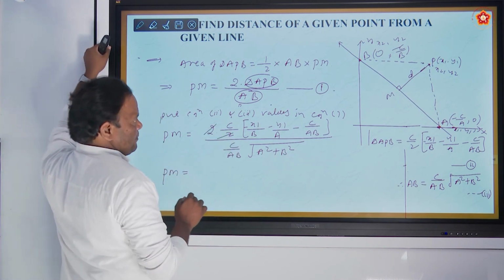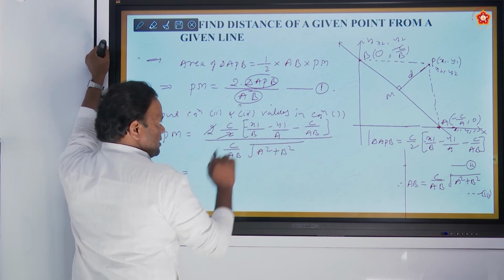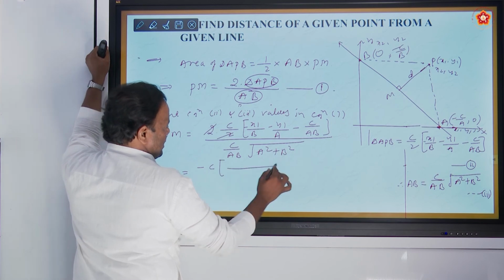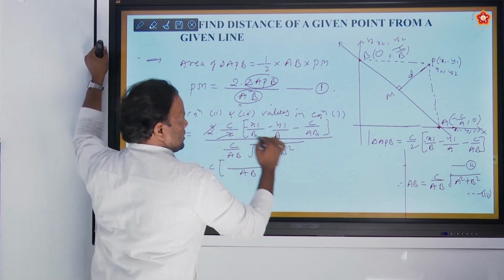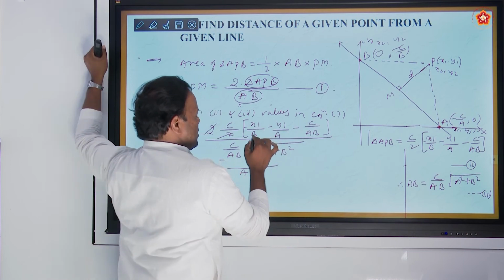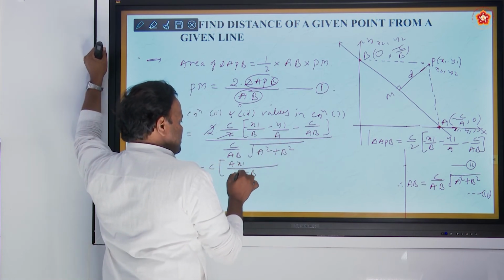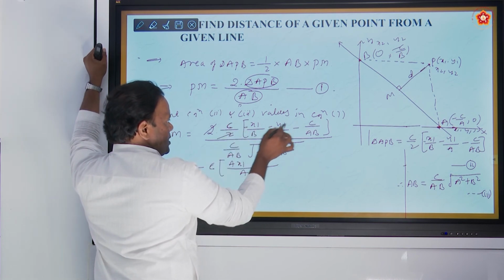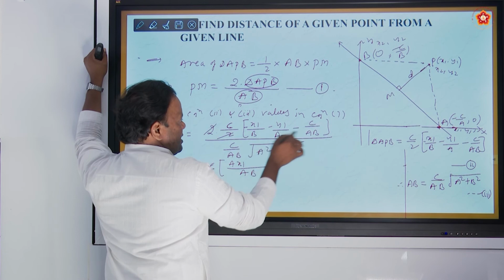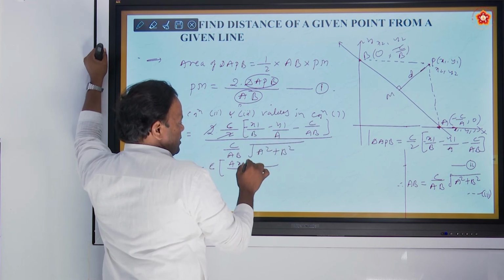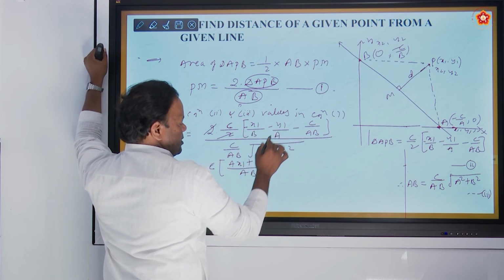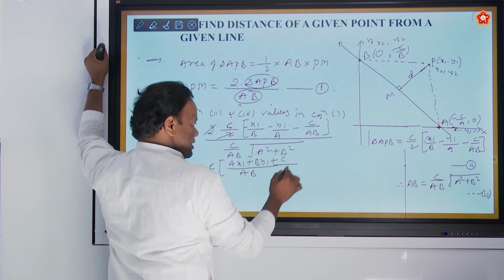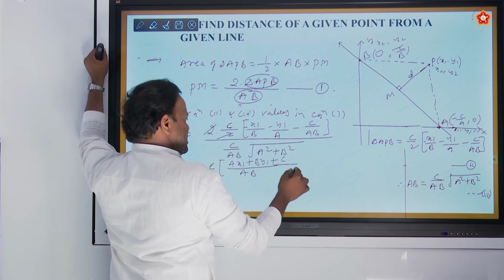I take minus common and take LCM AB. What happened here? Minus C common I take here. In the bracket remaining, I take AB LCM in the numerator. What happens here? Here remaining AX1, because you are taking minus outside, no? C is here, C as it is. Minus outside, so AB LCM, A is multiplier, AX1. This becomes plus, AB LCM, B is multiplier, BY1. Next, minus becomes plus. Plus C here remaining. Correct? Minus outside. AB is LCM.